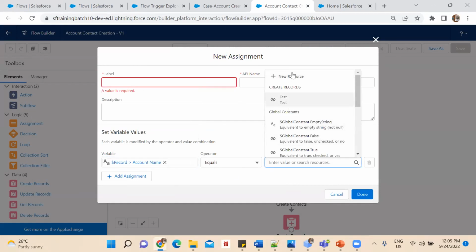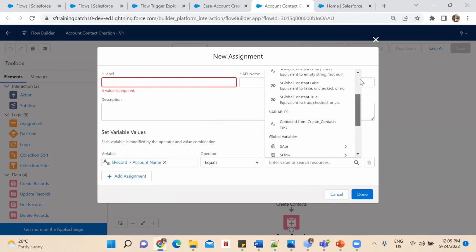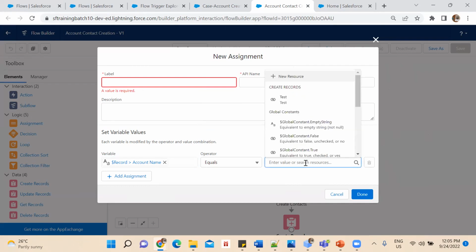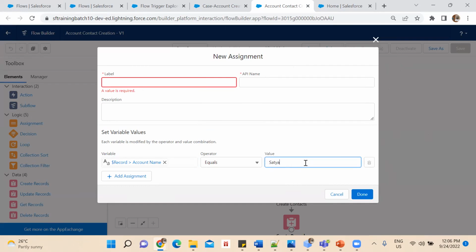Either you can select the variable or the elements that are already available in your previous elements, or you can give the name, like Satya. So this is the way you do it using assignment.